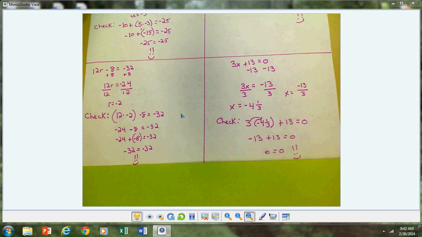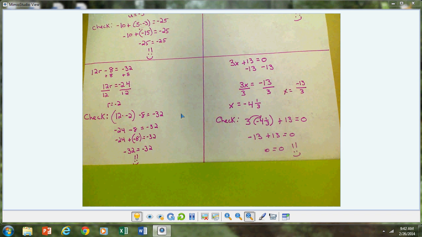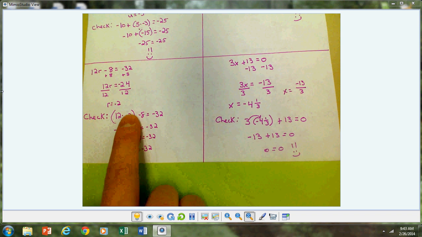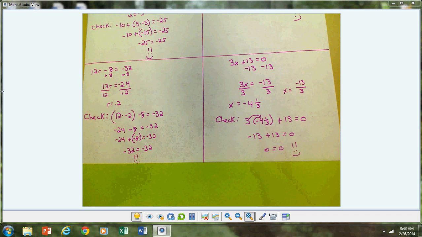Down at the bottom, it's the same process over and over again. You need to make sure that you go through it step by step. You have that r equals -2 and x equals -4 1/3. Make sure that you check your work and go